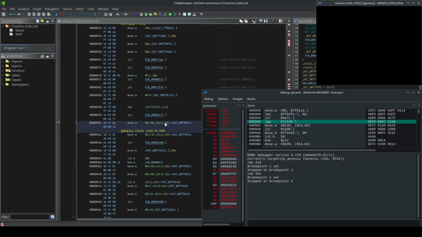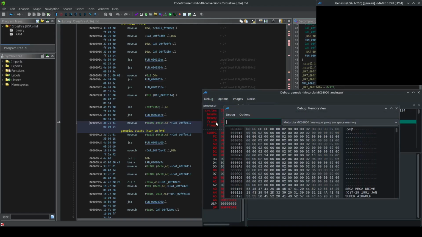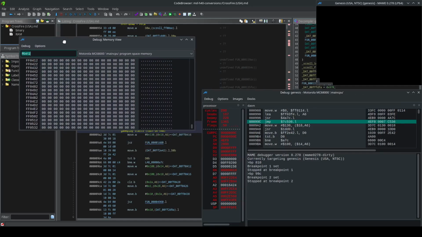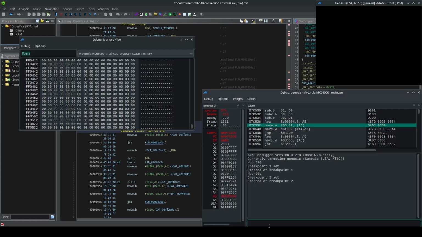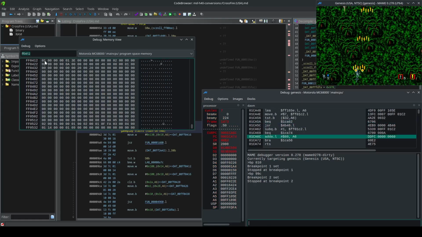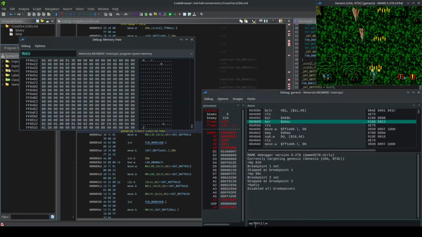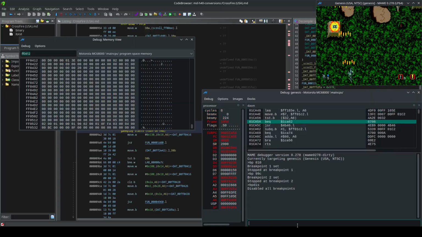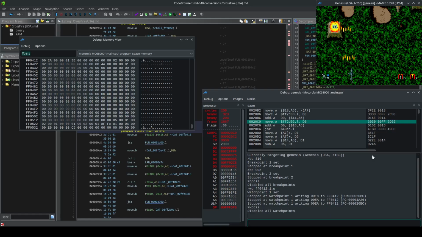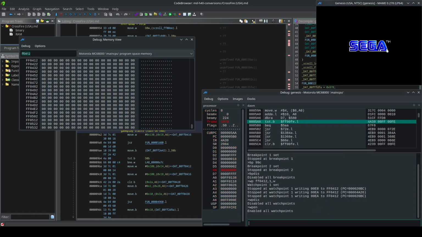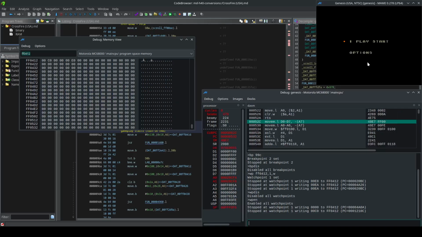The reason I found this is probably because I was watching FF0412 or something about it, and as soon as gameplay starts, it's populated with a value. See that? It turns to 1. So watchpoint, that address, 1 byte writes. I'll turn it off. Watchpoint enable. So now if we mash,